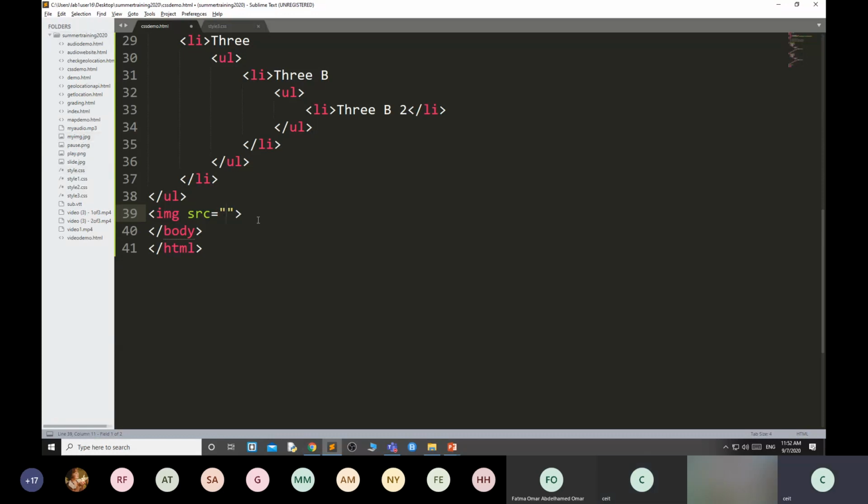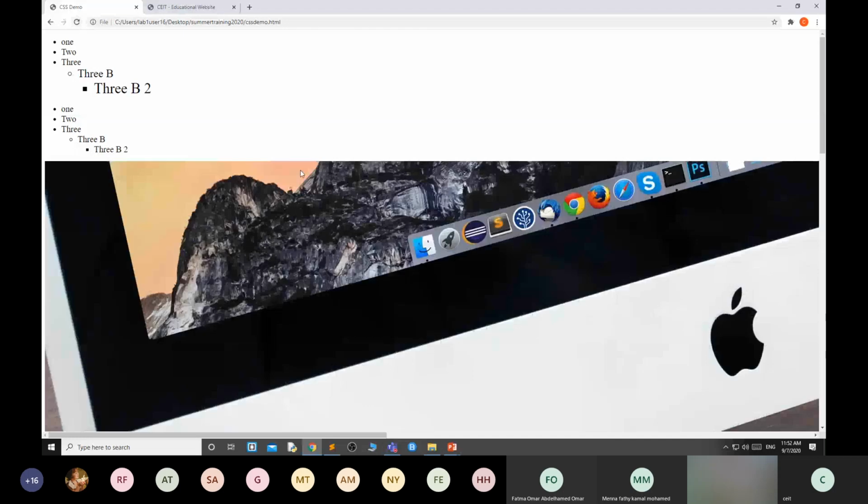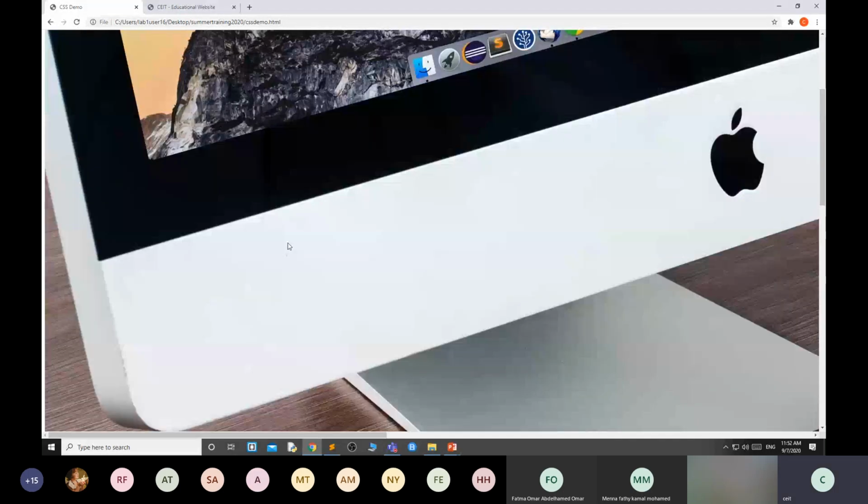Okay, I have one image, myimage.jpg. This is the image I am inserting. Alt, alternative: why I am using it is, if the image is not supported by the browser, then it will show this alternate message. See, this is the image size.